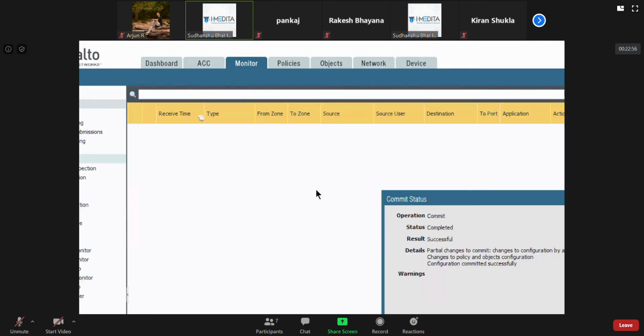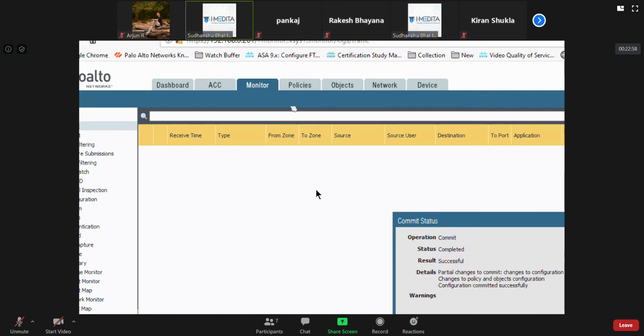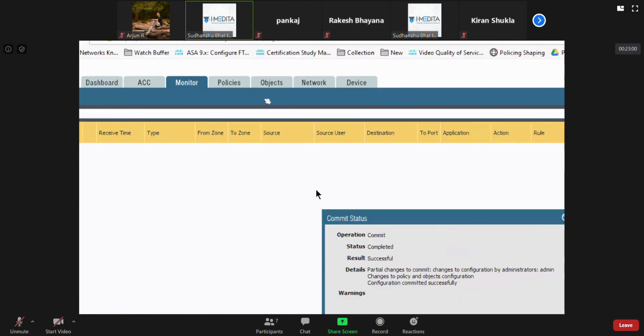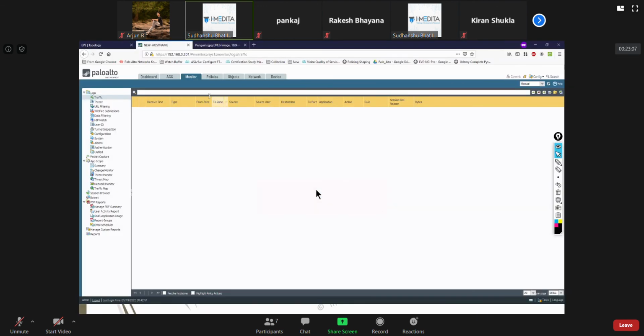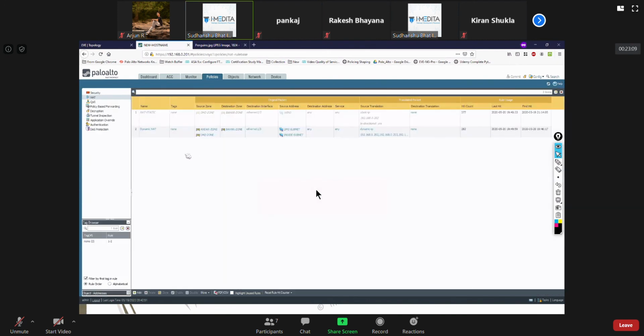It's actually self-explanatory from the GUI. It's very tabular, from which zone to which zone. Source, obviously user we have not touched yet. Source user won't be just black. Fine.